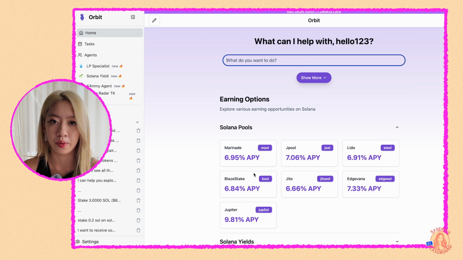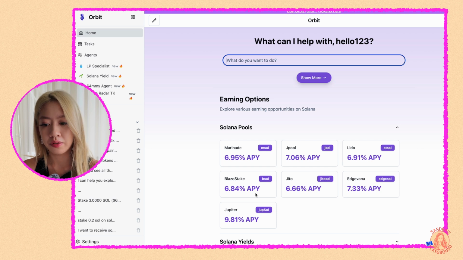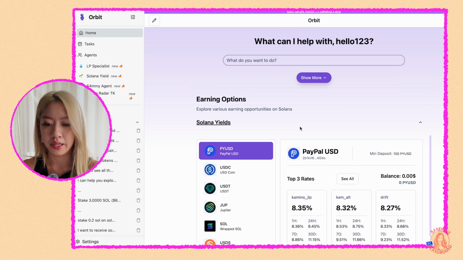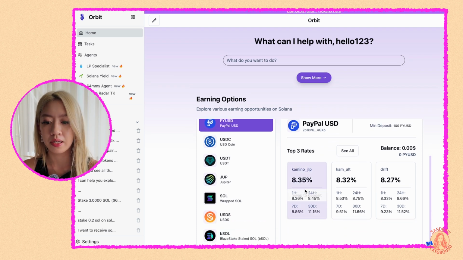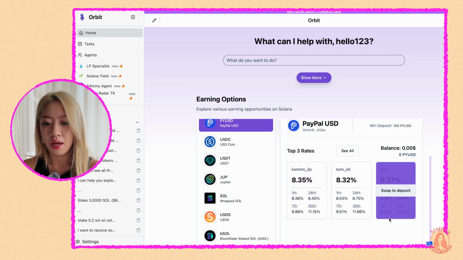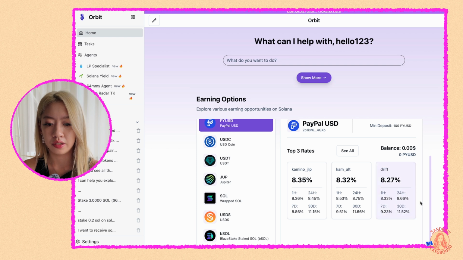So I can see that they're supporting most of the very established Solana DeFi protocols. You have Jupiter, you have Jito, Lido, Marinade. And then when you go to Solana yields, this is also another key point that I really like, because it shows you exactly where these rates are coming from, right? For example, Kamino JLP, Kamino Alt, and then this is the Drift, maybe the vaults or one of their lending